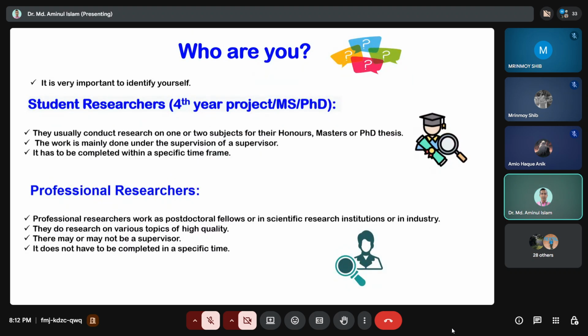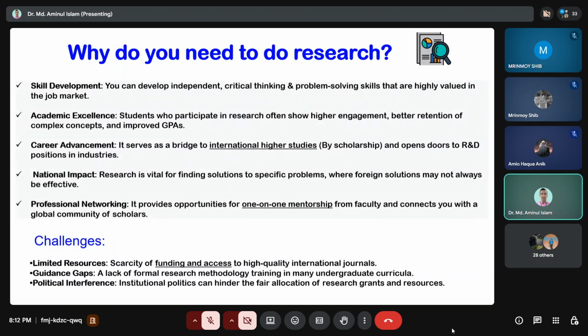Now, why do you need to do research? You need to do research for many reasons. For example, skill development. You can develop your critical thinking and problem solving that are highly valued in the job market. Academic excellence. Those who are involved in research can get better results. And the most important thing is that those who want to study abroad need research. It can be a fourth year project or